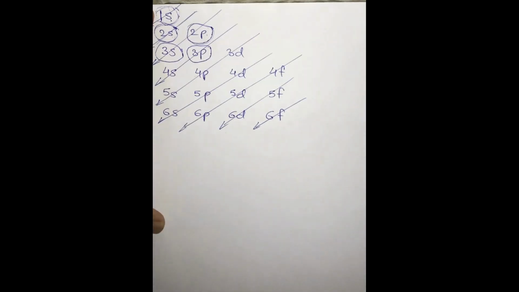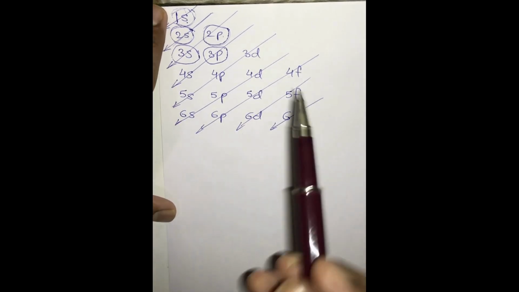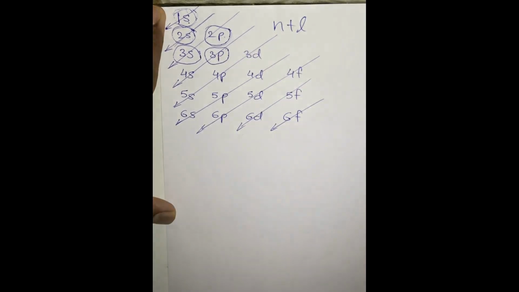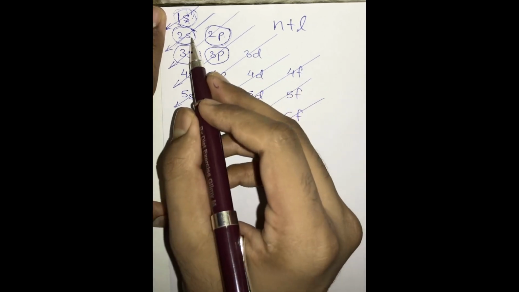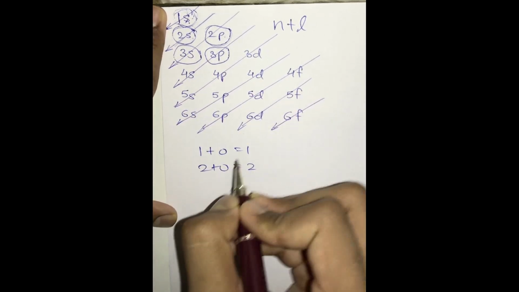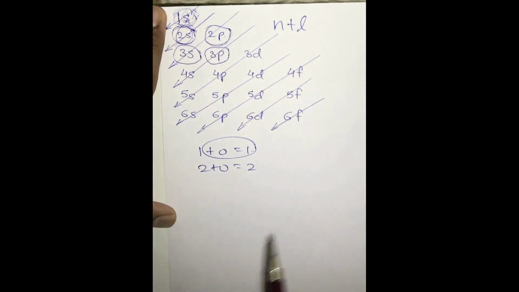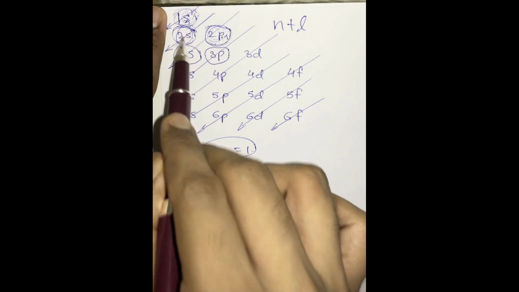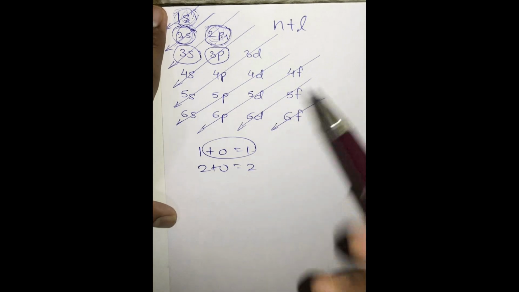Now you might be wondering how this diagram is actually given to us. As I have explained earlier, this diagram is completely on the basis of the n plus l rule. If you see over here, after 1s, what is the n plus l value for 1s? 1 plus 0, which is nothing but 1. And what is the n plus l value for 2s? 2 plus 0, which is nothing but 2. Therefore, 1s has the least energy, and after 1s comes 2s. Now, if you calculate n plus l for 2p, it will obviously be greater than 2s. Similarly, on that basis they have calculated the simplified diagram given to us.